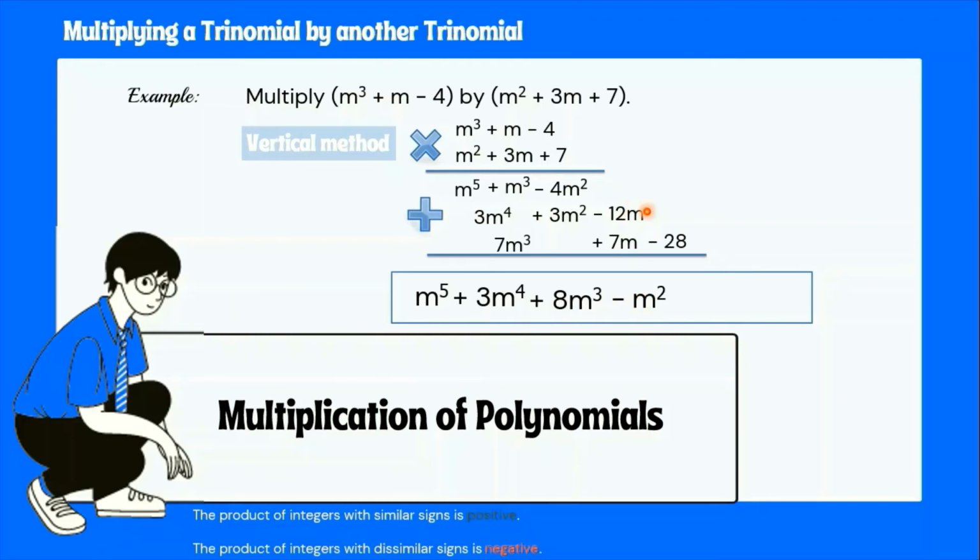Next, negative 12m plus positive 7m, magkaiba ng sign, so magiging subtraction of absolute values ulit tayo. 12 minus 7 is equal to 5. Magiging negative 5 dahil larger number yung 12 at negative siya. Copy the literal coefficient m and then drop down negative 28 since wala siyang kapareho. Itong ating sagot dito sa vertical method ay pareho lang din dun sa ating sagot sa horizontal method or distributive